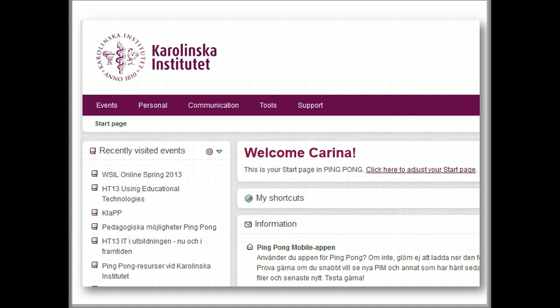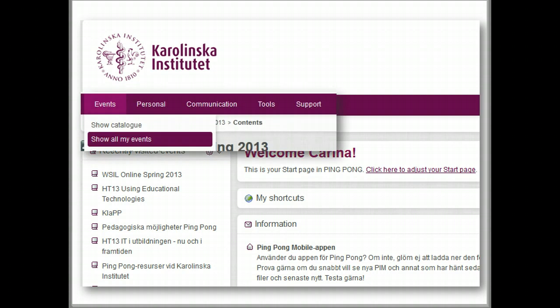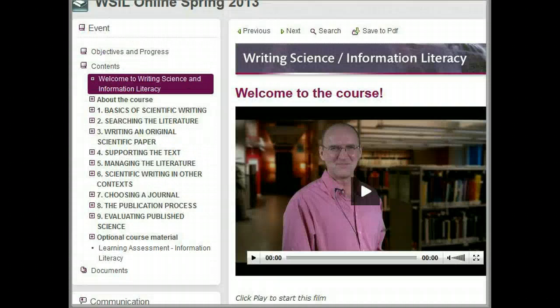When you log into Ping Pong, you come to your Start page. In Ping Pong, courses are called events. You will see recently visited events in the menu to the left. If you can't find the event you're looking for, click on the events in the menu bar and then on Show All My Events. Here is an example of an event, that is to say a course published in Ping